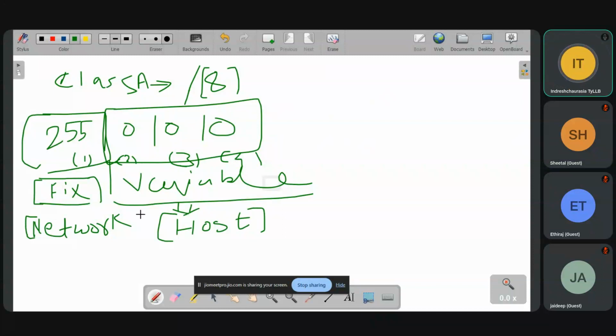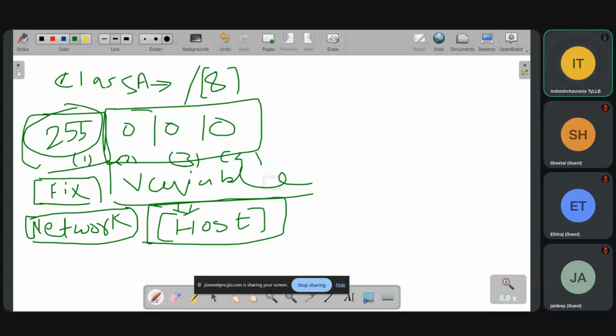So this represents the network address, and this represents the host address. Always remember, this is the fixed one, and this is the variable one. So this is class A.